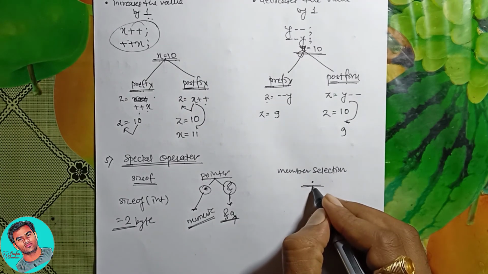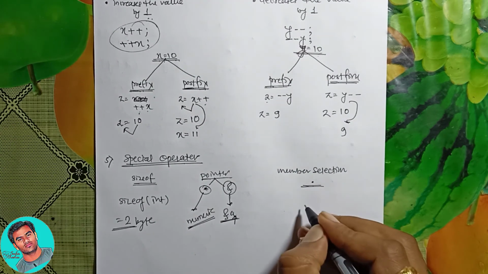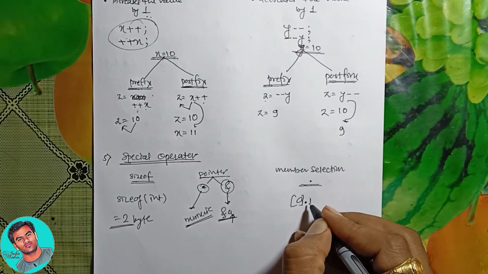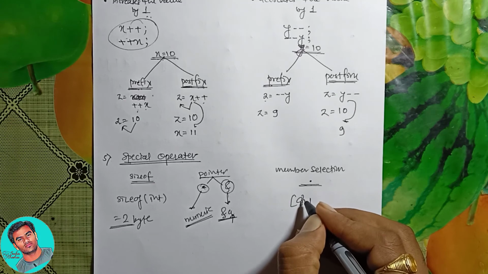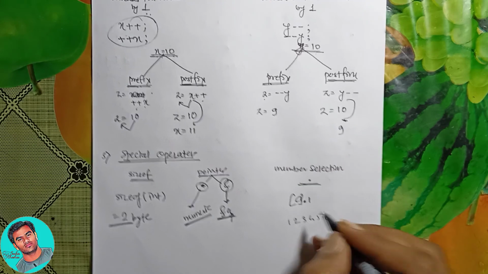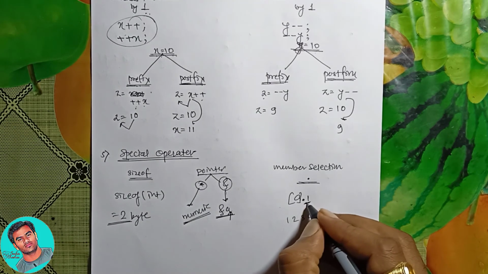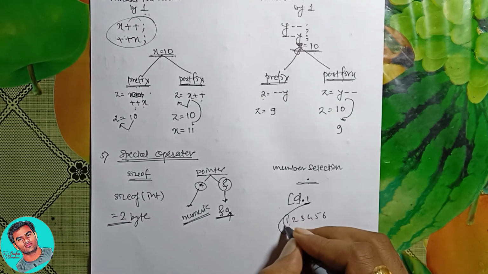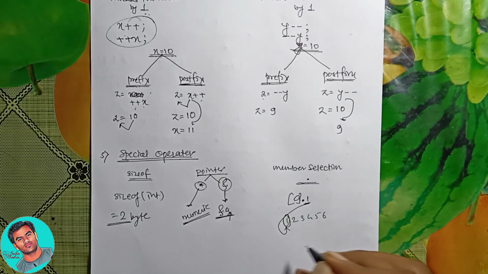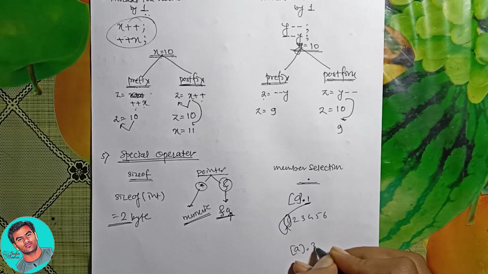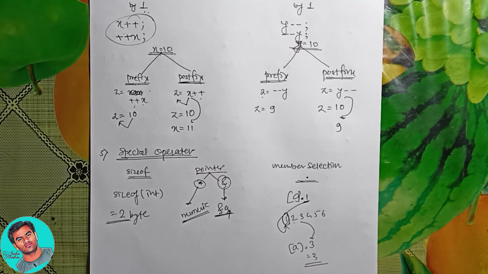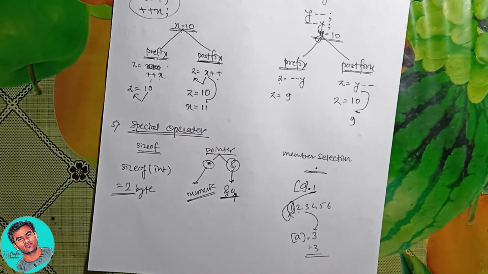This operator we are going to use in our structure formats. If I am writing the value like this, A dot 1, that means there are different kinds of values stored in A, for example 1 2 3 4 5 6 like this, and from these values we are going to access only one value, that is the first member selection of A. If I write A dot 3, so first to third, it is going to return the value 3 here. Okay, I hope you understood well. Thank you.